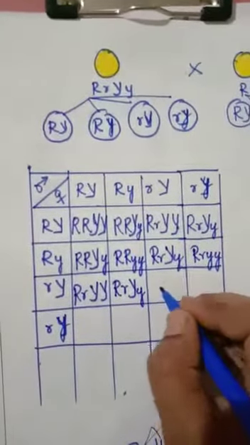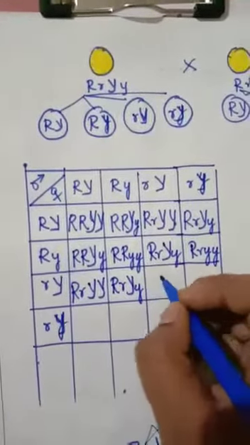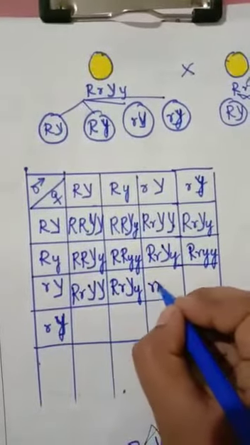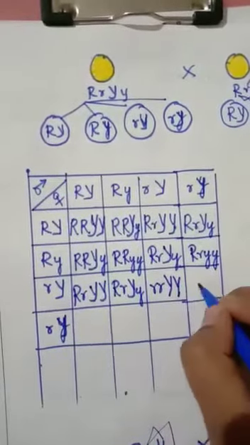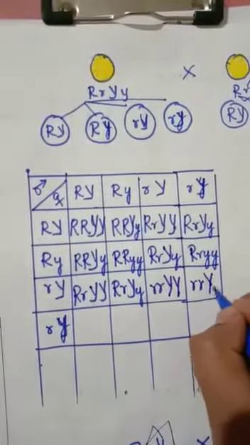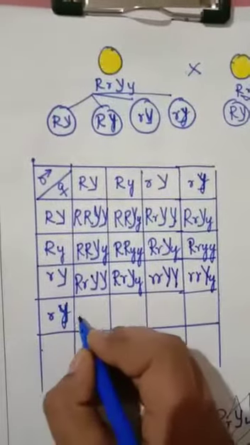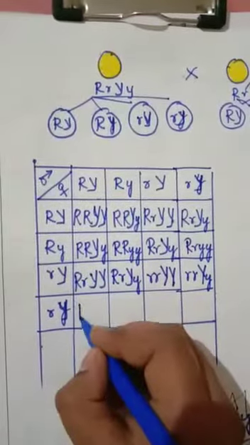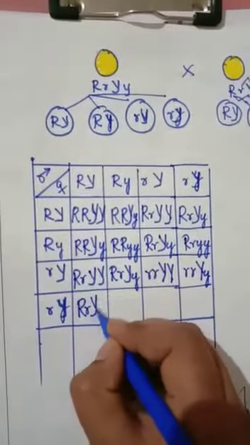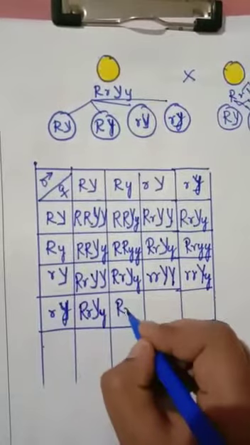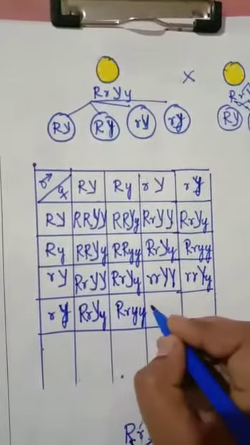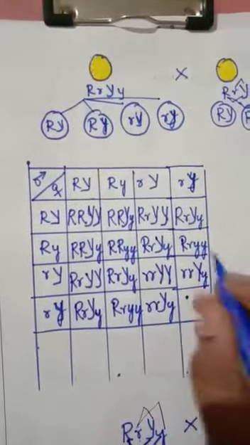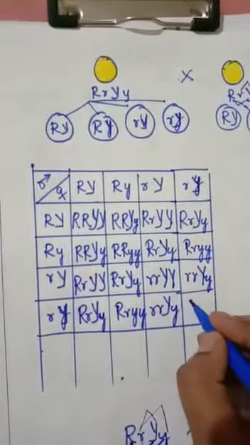Similar to the monohybrid cross, you have seen in the previous cross how I put the checkerboard and fuse the gametes. Small r, small r, capital Y, capital Y. Small r, small r, capital Y, small y. Now you should tell me the character, the trait. Capital R, small r, capital Y, small y. Capital R, small r, small y, small y. Small r, small r, capital Y, small y. Small r, small r, small y, small y.